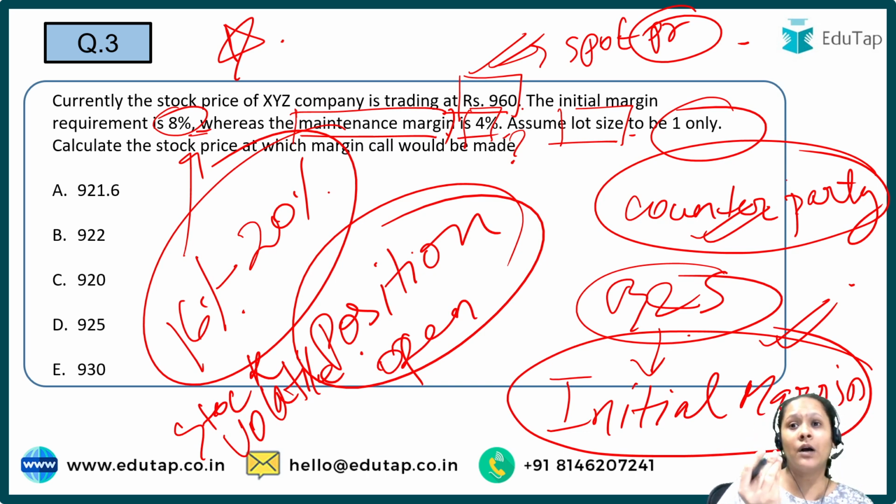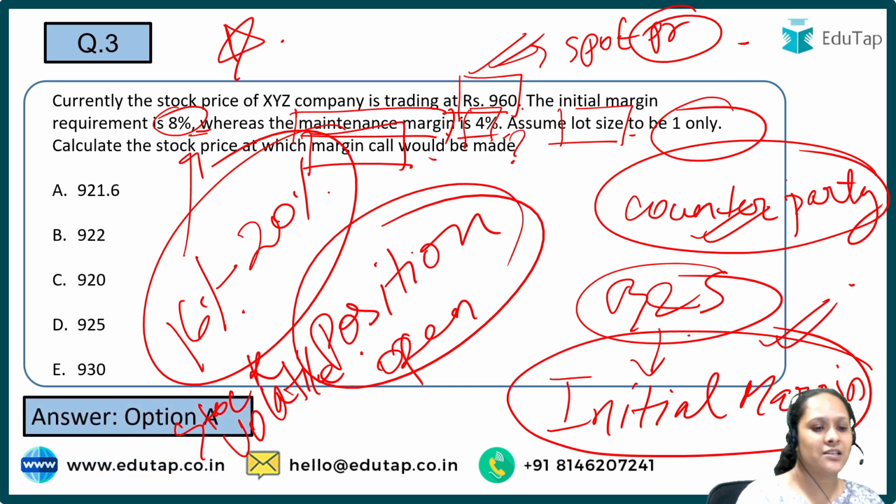और मेंटेनेंस मार्जिन, एज आई सेड, इज द मिनिमम अमाउंट which the trader must keep so as to keep the contract open। और मार्जिन कॉल क्या होता है, जब भी इन्वेस्टर का या ट्रेडर का पैसा मेंटेनेंस मार्जिन से नीचे जाता है, ही इज सपोज्ड टू डिपॉजिट मनी। तो क्वेश्चन पूछ रही है कि किस प्राइस पे मार्जिन कॉल होगा, मतलब किस प्राइस पे द इन्वेस्टर हैज टू डिपॉजिट मनी। द करेक्ट आंसर इज ऑप्शन ए।